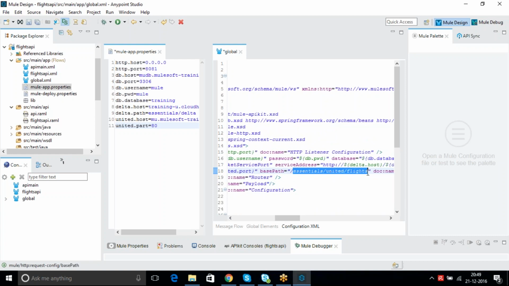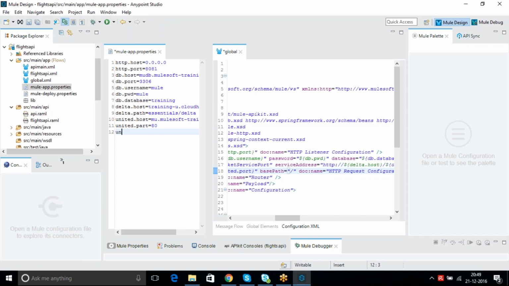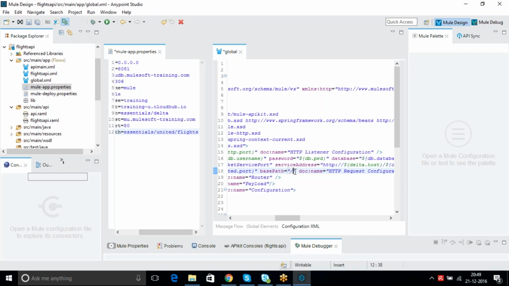Mostly it will not change, but still we will keep that. Should be dollar.